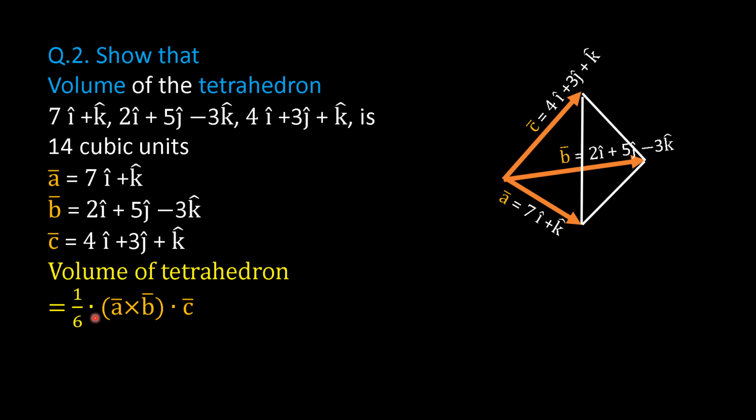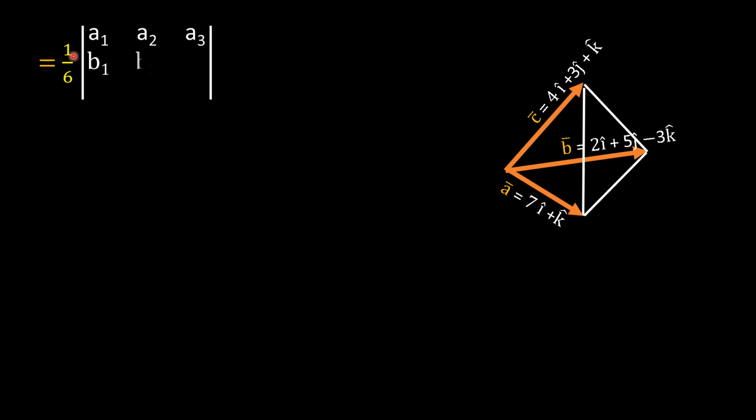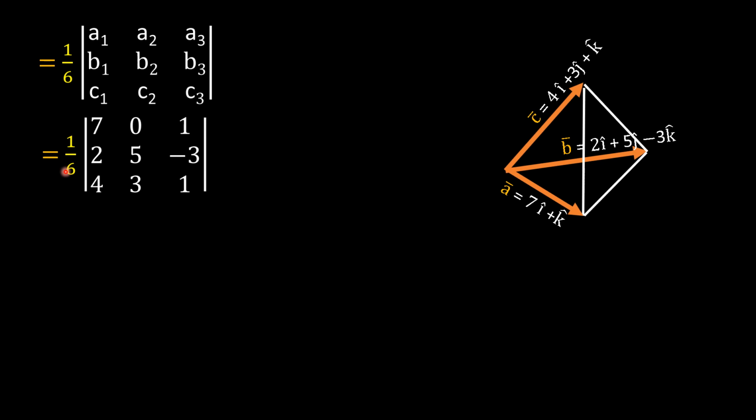Now that we know the coterminous edges represented by these vectors, we will write the volume of the tetrahedron as 1/6 times A bar cross B bar dot C bar, which will be 1/6 the determinant A1 A2 A3, B1 B2 B3, C1 C2 C3, that is 1/6 times the determinant 7 0 1, 2 5 minus 3, 4 3 1,